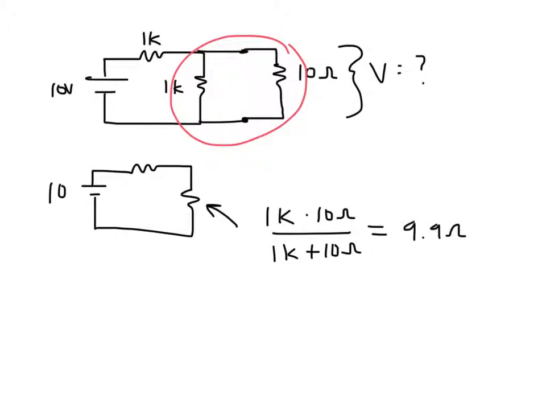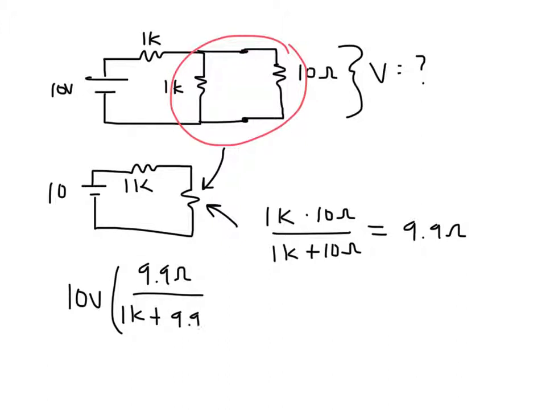Then when we do our voltage divider, again this one is 1K, the voltage across the equivalent resistance of those two is 10 volts times 9.9 ohms divided by 1K plus 9.9 ohms, and the answer for this is